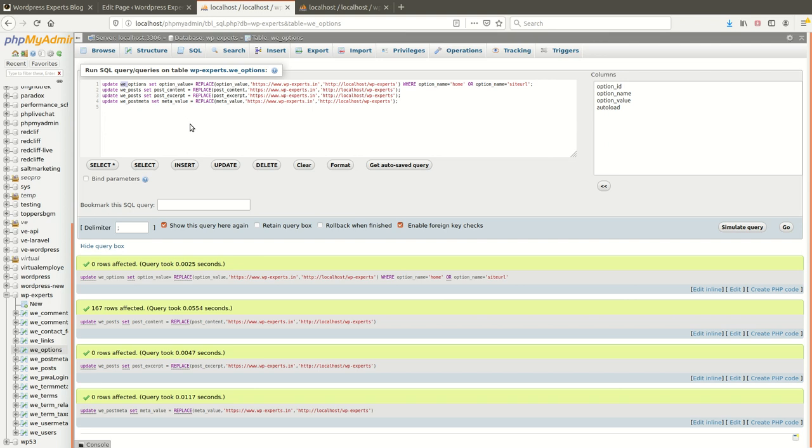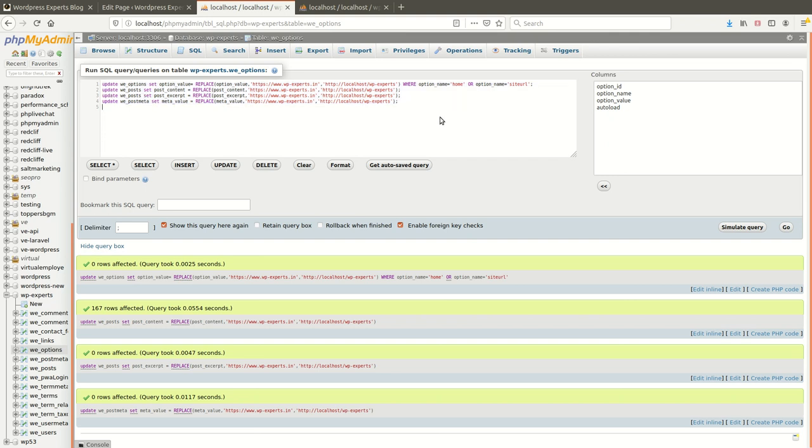In most databases I have changed the prefix for security reasons, because this is good for security. You can also choose the table prefix during WordPress setup. So I have updated wp_ to WE. Please check your table prefix first and then use these queries.